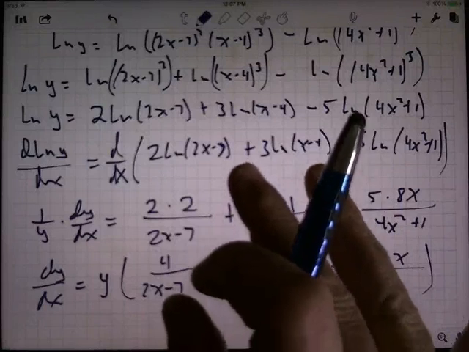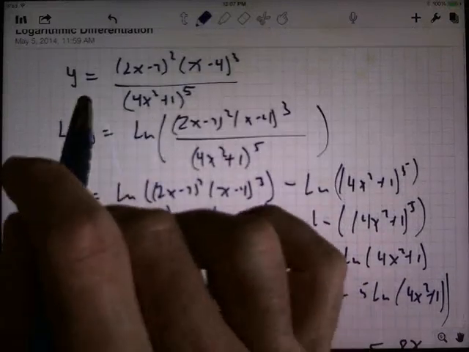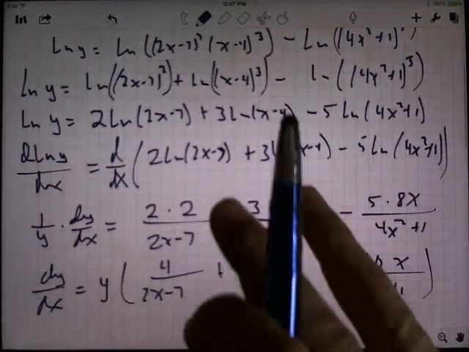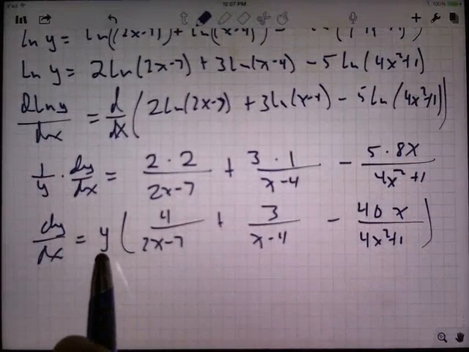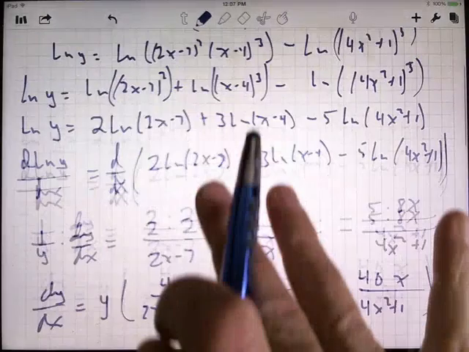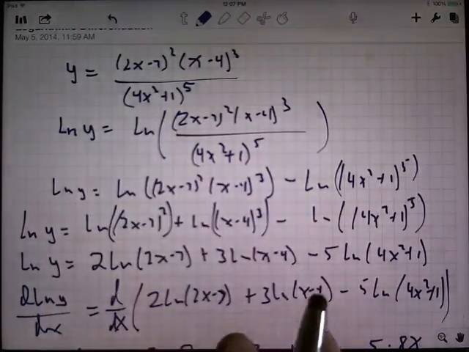because the problem wasn't implicit. The problem was explicit. I gave you y equals this function of x. I want the derivative in terms of x. So the one thing I now have to do is replace that y with whatever it is. Well, what is y? y is the function you started with, right? So I've got